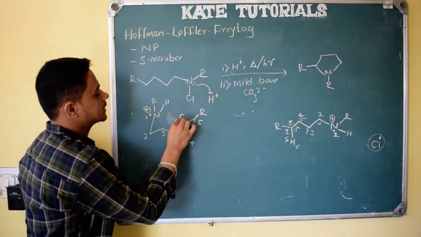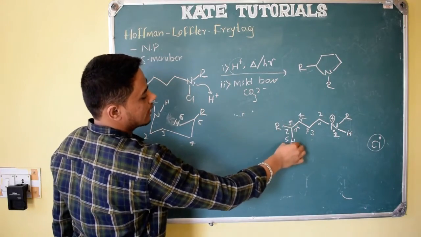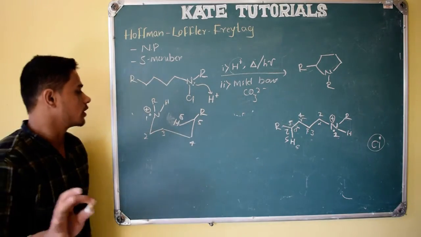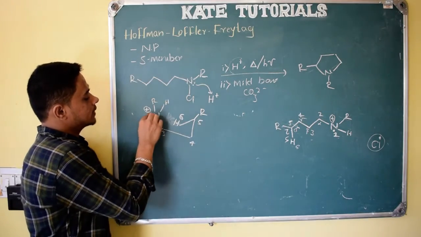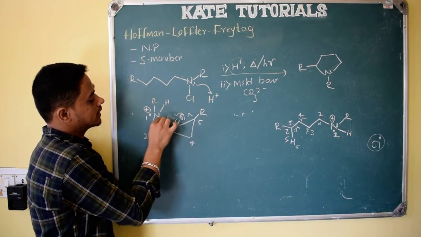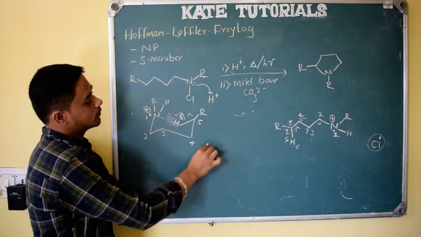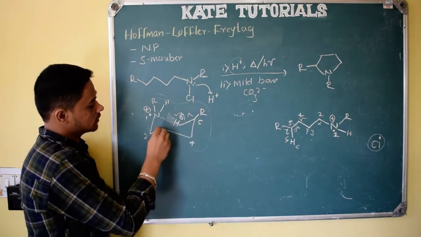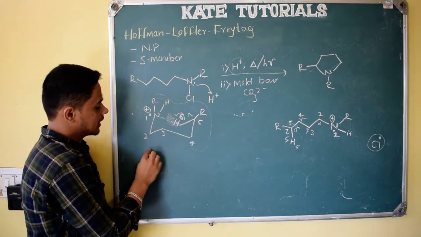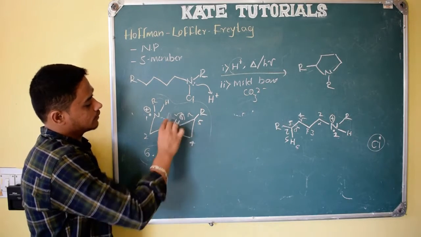So what happens is that the 5th carbon is having R and there are 2 hydrogens, but I am showing only 1 hydrogen. No need to get confused, right? So what happens here, this radical can initiate this radical. So here a partial interaction will be there. So this will form a 6-membered transition state. So see, it is 6-membered, right? 1 2 3 4 5 6. 6-membered transition state. Like 6-membered, first it will form.